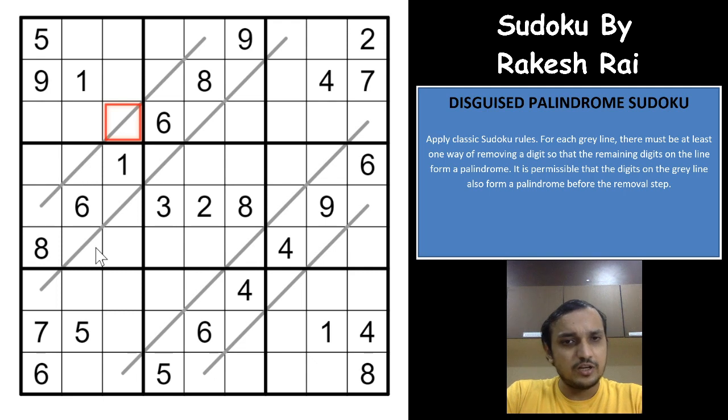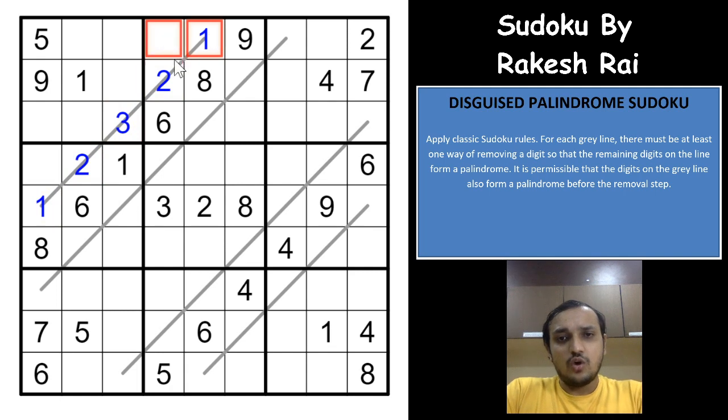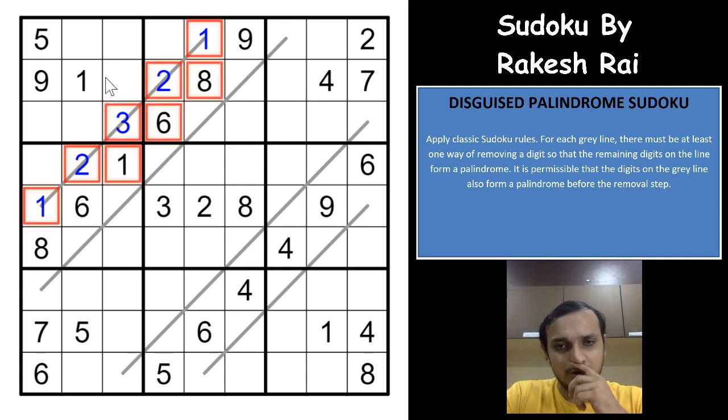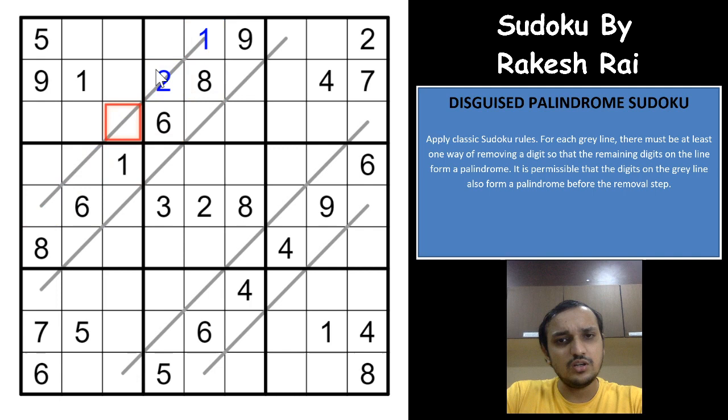So let me explain what that means. You have 1 2 3 2 1. According to the disguised palindrome rule, there has to be a way to remove a cell such that, if you remove this cell, this palindrome has only 4 cells now, and it still has to be read as a palindrome from both sides. So 1 2 and 1 2 from both sides. But even after not removing the 3, you still have the palindrome as it is, right? You don't have any contradiction in the palindrome. So that is what the rule says.